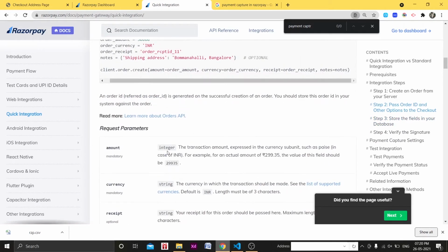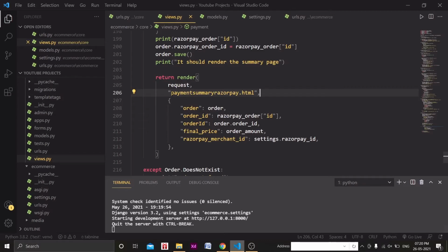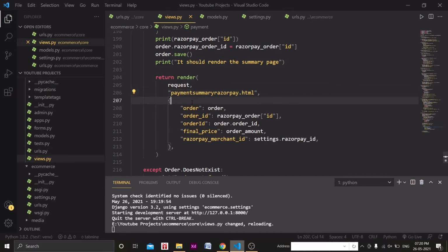Then we will do the rest of the payment process, and after clicking yes or no, they will send the response. That's what we want actually. So here we are just rendering the payment summary Razorpay HTML page. You can name it anything, that doesn't matter.